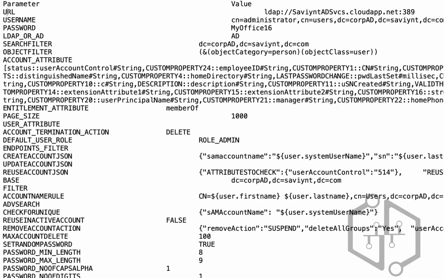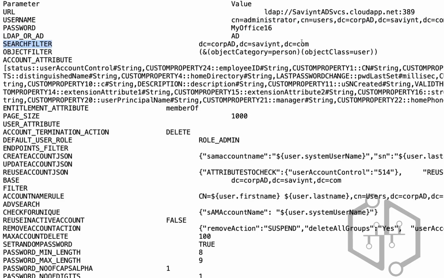What are those parameters? The URL. So the URL name is given. The username is given. The password is given. Whether this directory is of the type LDAP or AD. This is AD. What is the search filter? From where should I start searching for users? I don't know if you know about Active Directory or not, but